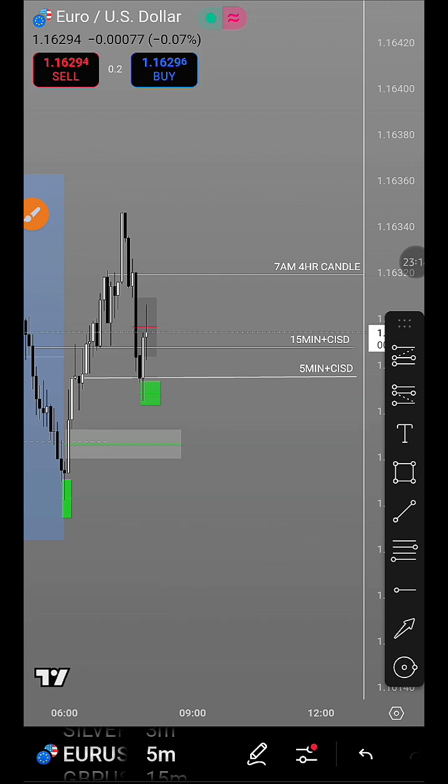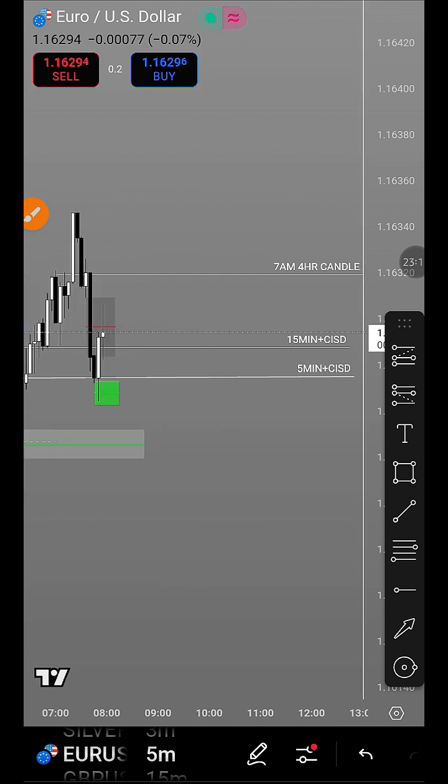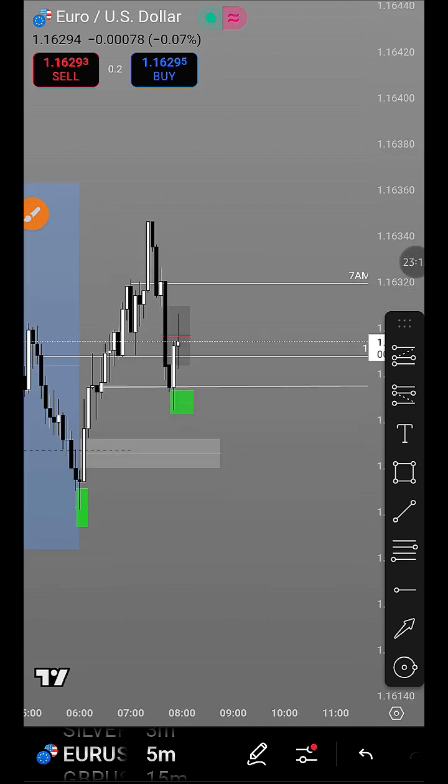So I can definitely anticipate that the swing low that was created in the bullish 4-hour FEG, I can anticipate that to hold. But obviously I would want to see how this reacts now, because we got our 5-minute change in state, we got our 15-minute change in state,